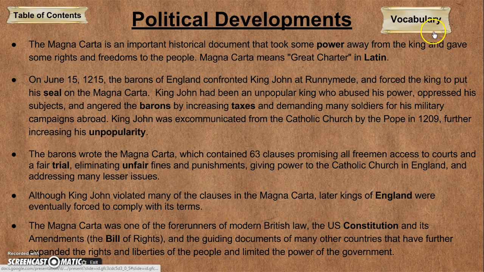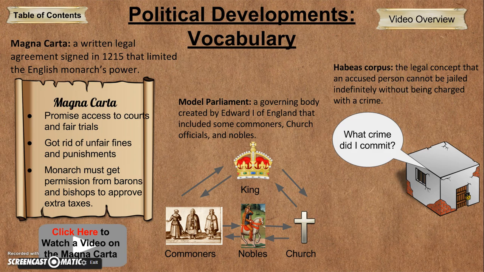Now, some of the vocabulary that's important are some of the other key changes here. We had the Magna Carta, again, which meant great document. And we also have what comes out of King Edward, the grandson of King John, was the model parliament. And a model parliament was a form of government set up where a mixture of the king, as well as nobles, church officials, and what's really revolutionary, commoners, would sit down in the room together and govern. So there's the model parliament, again, the first version of maybe, or a more basic version of modern parliament.